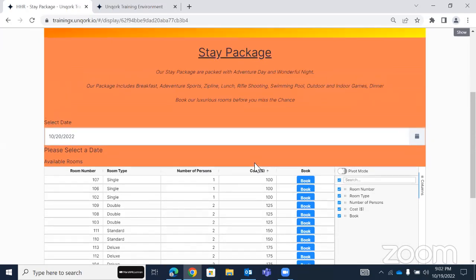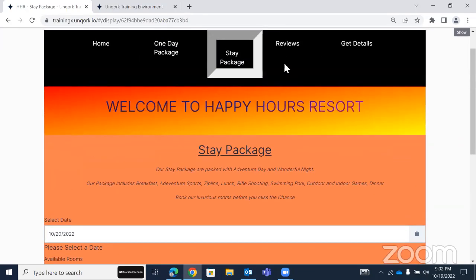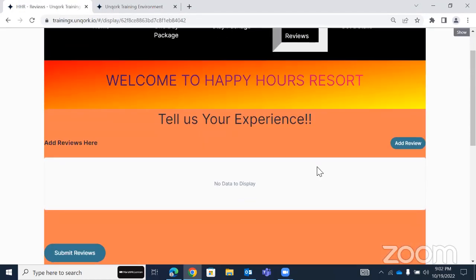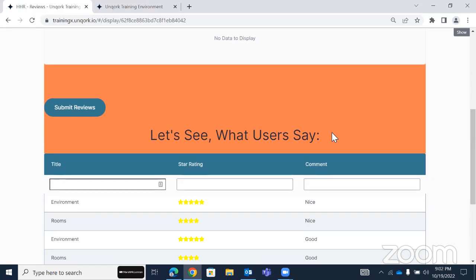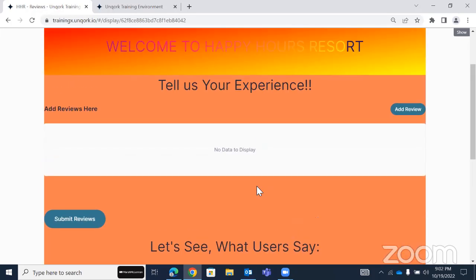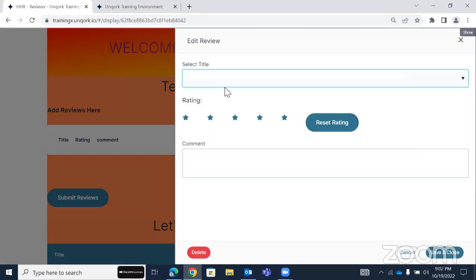Yeah, that's all on the stay package page. Let's go to the next page. That's the reviews. So here we have 2 options. One is to add a review and one is to see what the previous reviews are. So we can see the reviews and add a review. So let's go ahead and add a review. So suppose for resort,